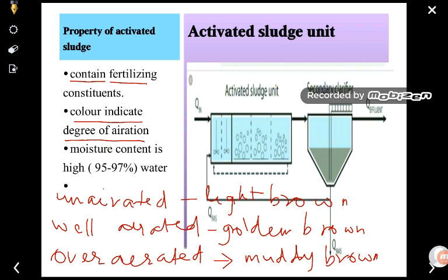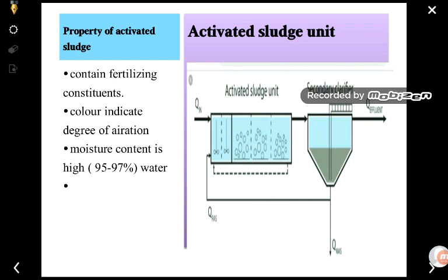So you can say that the color indicates the degree of aeration. मतलब color of the water, वो कितना एरेशन हुआ है वो हमको इंडिकेट करता है. If the water is unaerated, then it looks almost light brown in color. If it is well aerated, then it shows golden brown in color, and if it is over aerated, then it is almost muddy brown in color. So by means of color we can check how much aeration is required. If a golden brown color is approached, then we can say that the water is well